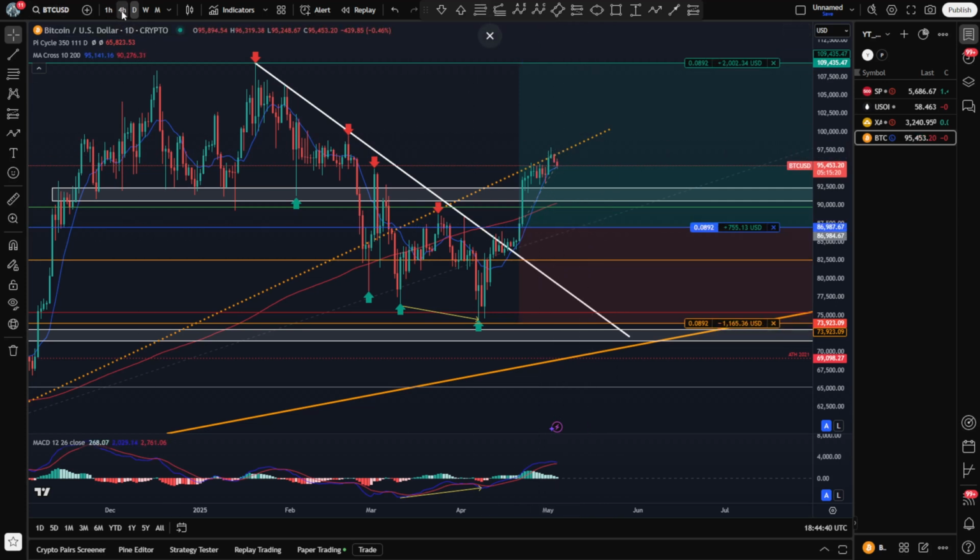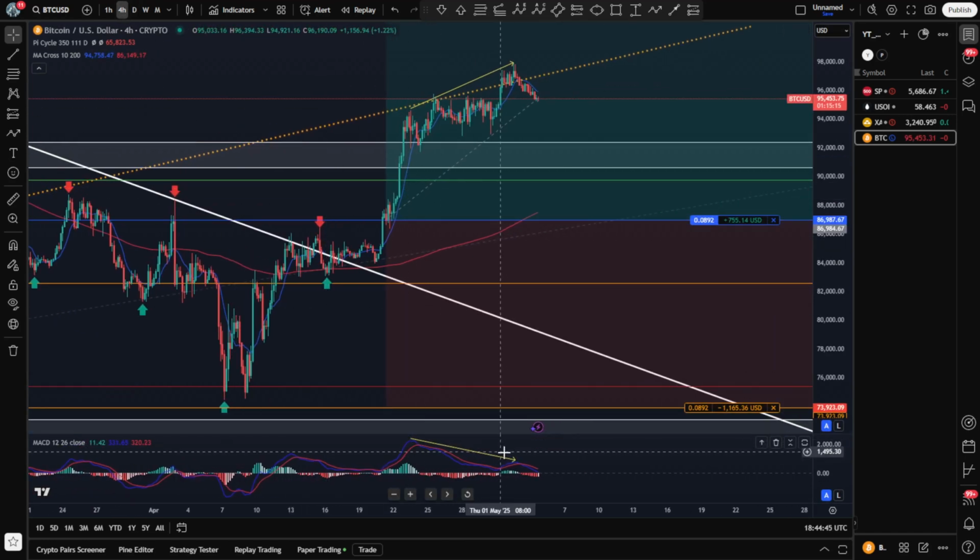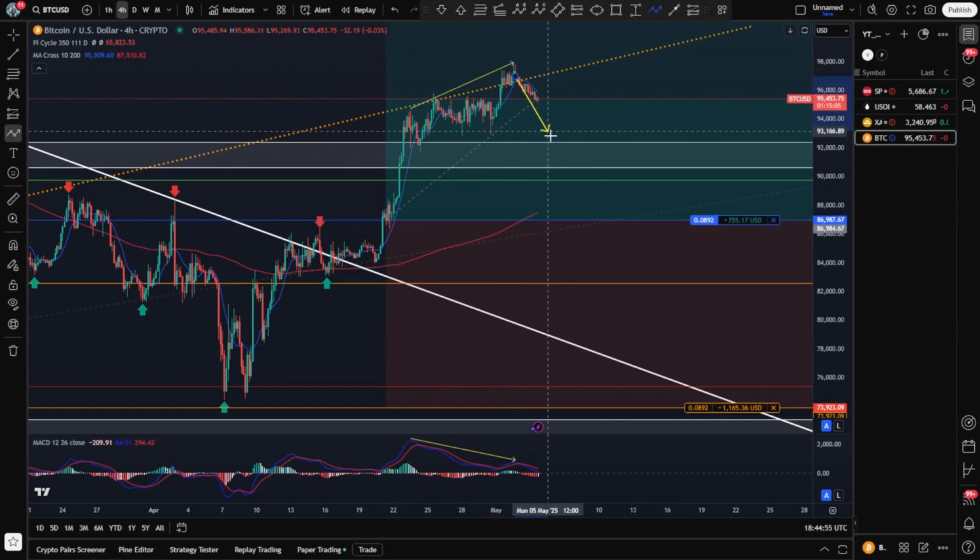And if we drop one time frame lower to the 4-hour time frame, you can see that we have a MACD divergence to price. MACD is making lower highs while price is making higher highs. That normally means that we have a small correction in front of the door, and yeah, it could look something like that. And then you could increase, maybe I also increase my position here.